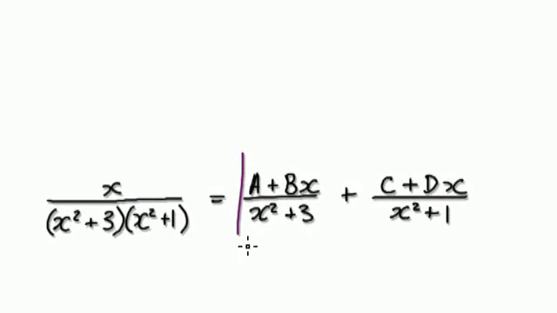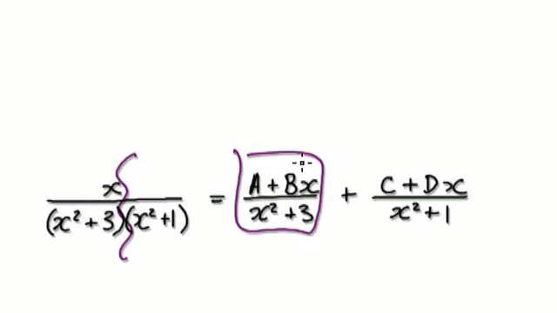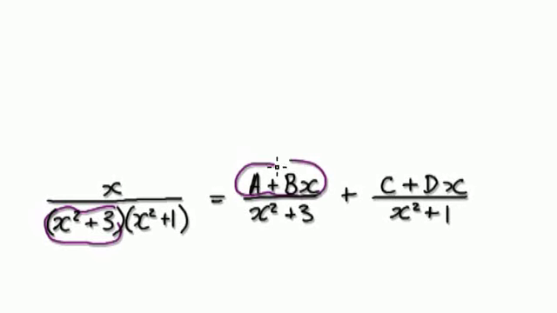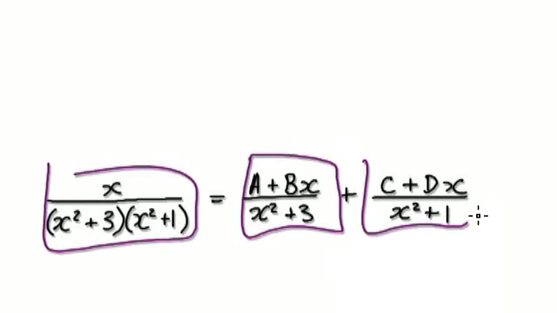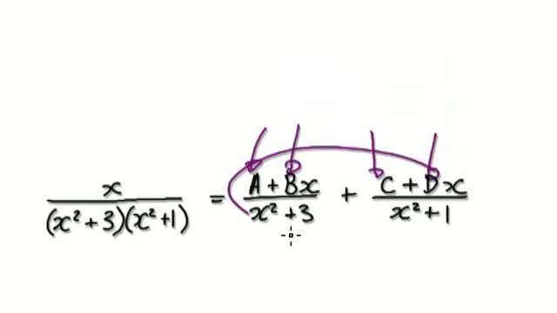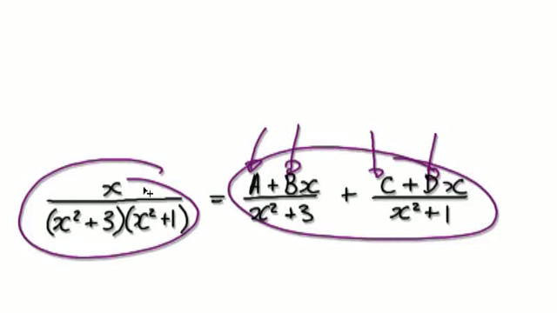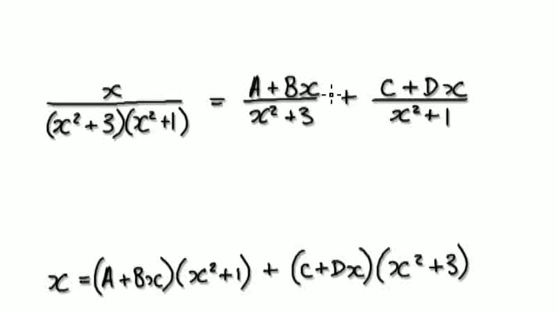So if you don't understand what I'm talking about, then you need to track back to one of the early videos. Well, in order to break this up into two separate fractions, because it's a quadratic here, we need this to be linear. Okay, so this thing will be one fraction plus another. So now it's just a matter of finding out a, b, c, and d in such a way that this whole thing here equals this. Okay, so to find out a, b, c, and d, let's merge